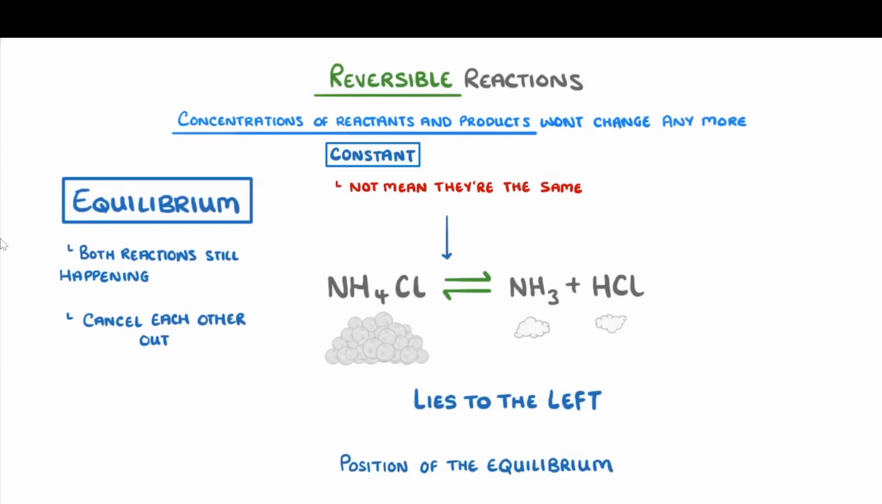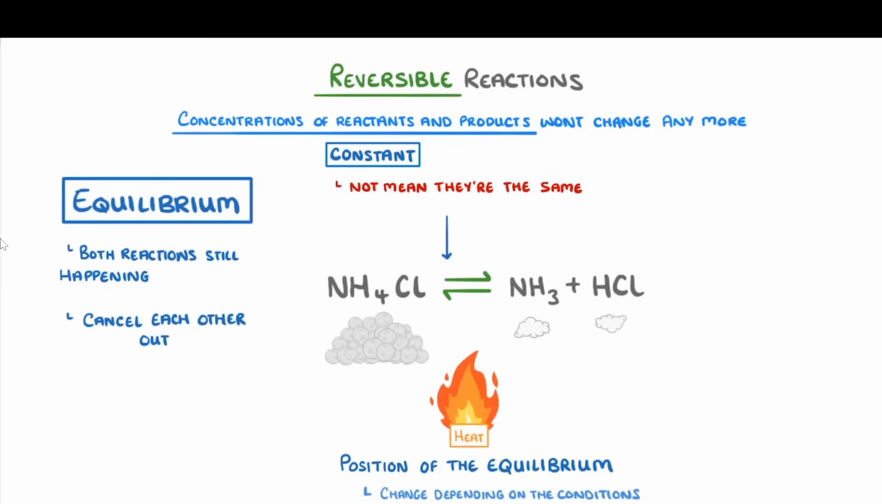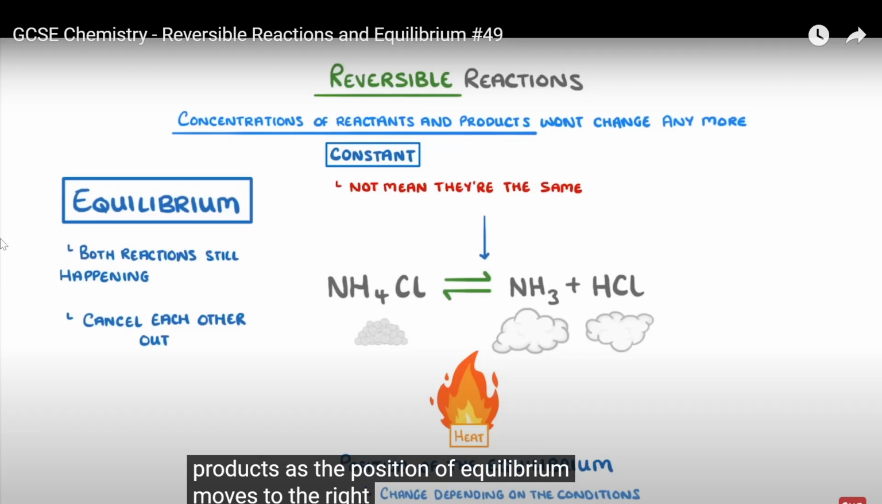This position of equilibrium can change depending on the conditions. For example, adding heat to this reaction encourages the forward reaction, meaning we'll have relatively more products, as the position of equilibrium moves to the right. Okay, so did you see that? We added some heat, and what happened? We made more